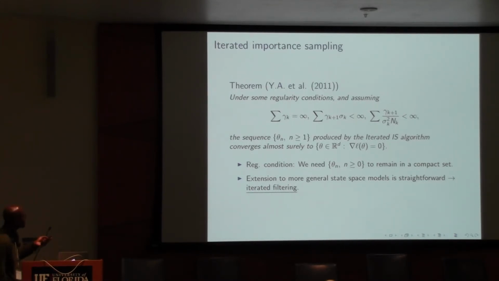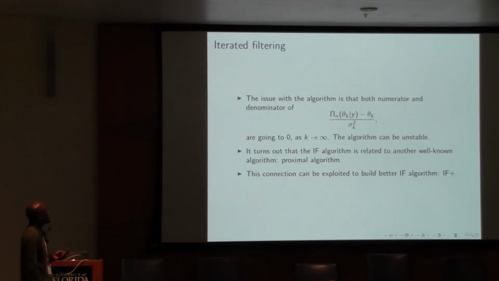So here what we say essentially is that if you have something like that, it will converge to a stationary point of the gradient of L. Okay. Any questions? One of the issues with this method that we from the very beginning didn't like too much is